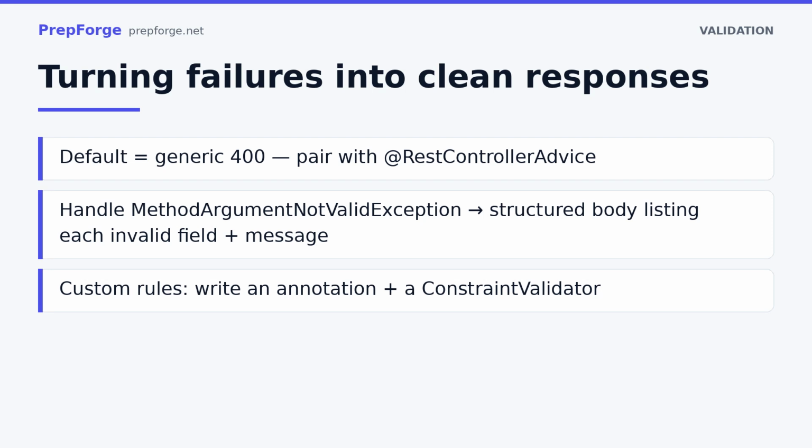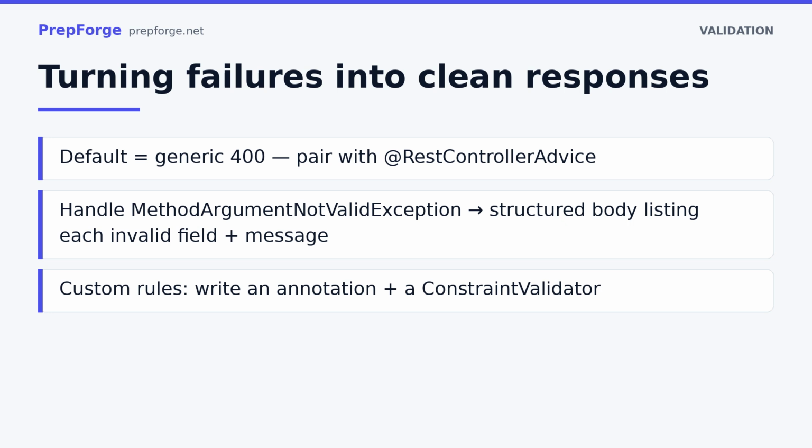The piece that ties it together, and that interviewers expect you to mention, is turning validation failures into a clean client response. By default, the exception yields a generic 400. So you pair validation with a RestControllerAdvice handler that catches MethodArgumentNotValidException, extracts the field errors, and returns a structured body listing each invalid field and its message. And when the built-in constraints don't cover a domain rule, you define a custom one, an annotation plus a